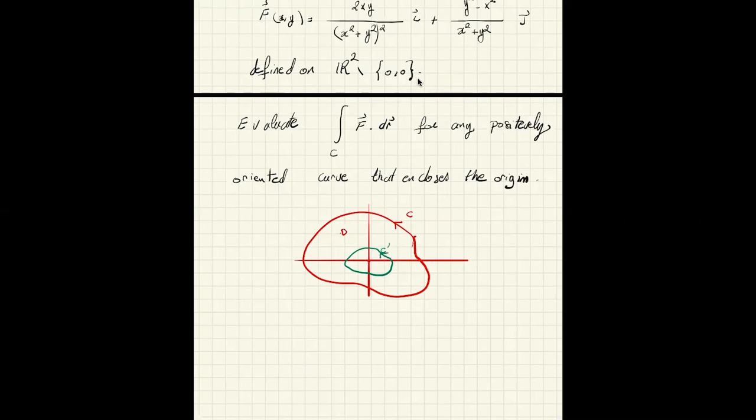Now you can apply Green's theorem to the region here, as I was saying. So now this is a region that contains a hole. And of course, the boundary is not C, it's not what I want, but you will see what will happen for this vector field. So I'm not gonna do the calculation here. It's gonna take a long time to do. But for this very specific vector field,